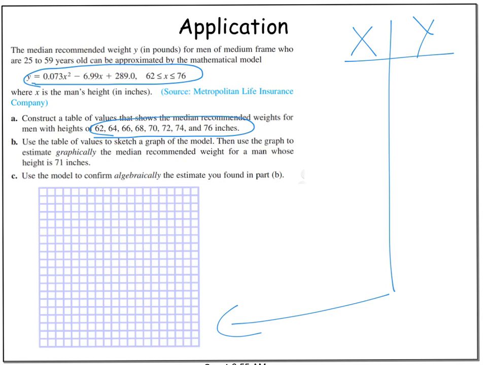What we're going to do down here tends to be the point where you maybe need some clarification. We're then going to get interested in this male who is 71 inches tall. We want to give him a recommended healthy body weight. Now notice we skipped over that on the table. There's two different ways we can do this after we have our graph. We could line it up and go to x equals 71, go up to the graph, and then go over to the y-axis, because your graph is going to end up looking something